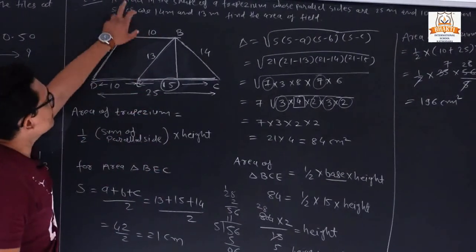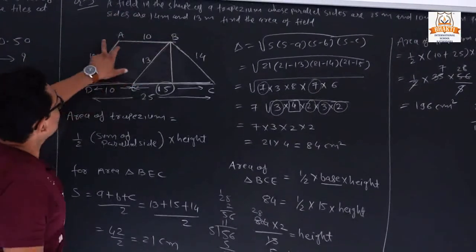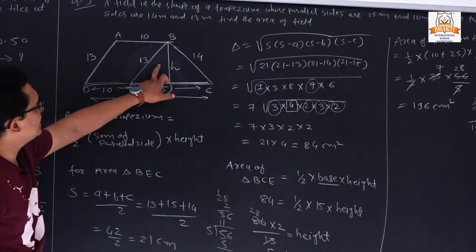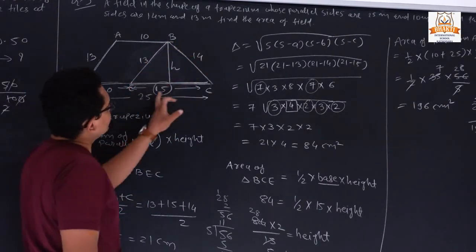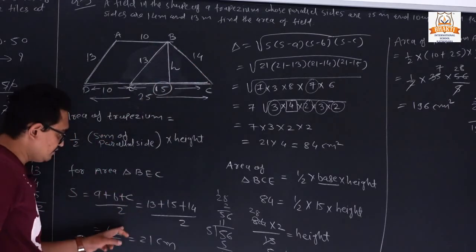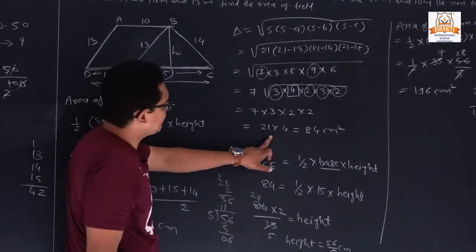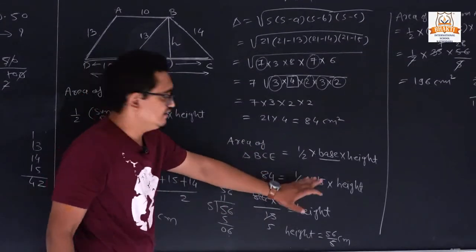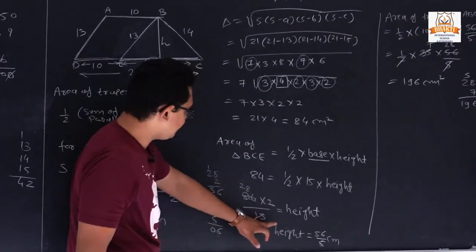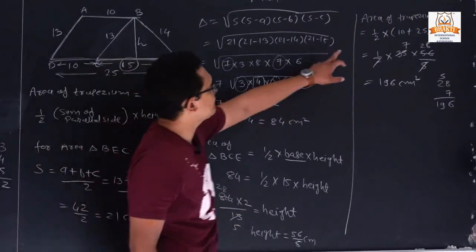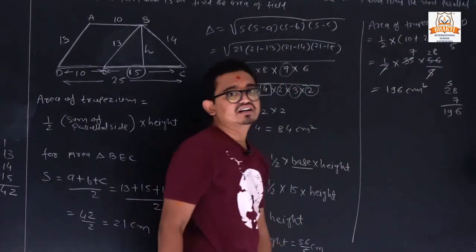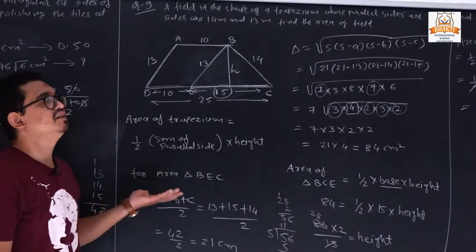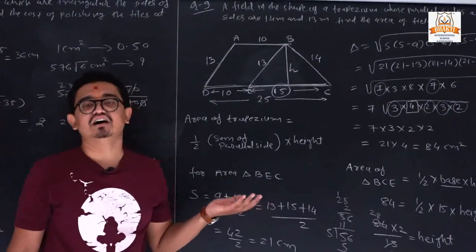So you must remember one thing: if you want to find the area of a trapezium, you require the height. And how can we find the height? First of all, we can make the triangle. Clear? So first we find the area of the triangle. After finding the area of the triangle, we can find the height from the second formula. Then we can use that height in our area of trapezium. So it is a very different sum from all other sums. So you must remember that sum. So chapter number 12 is now over.